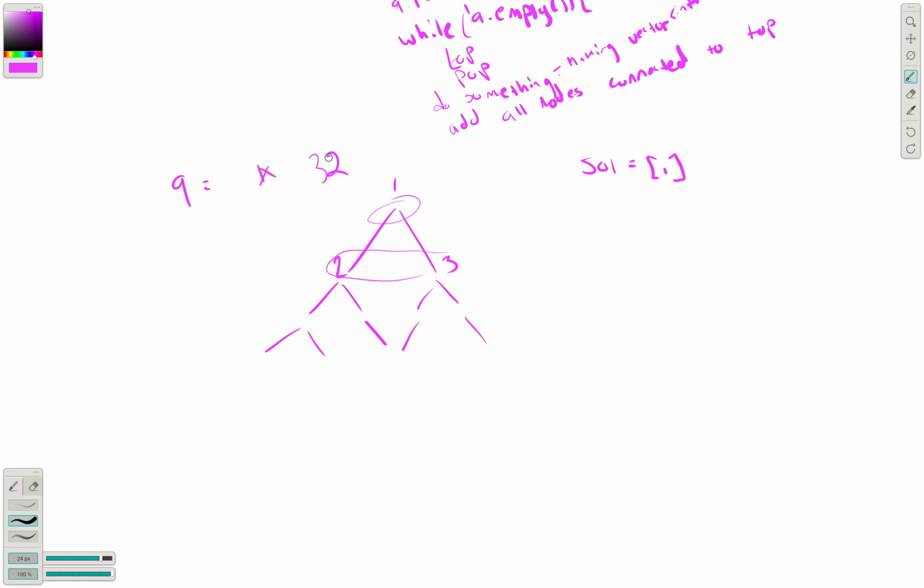Now I finished that. So now the queue is size 2. And now I am going to do a for loop through 2 of them and then pop the rest of them and add these. So this gets popped, this gets popped, they both get put in here. And in that process they did 4, 5,